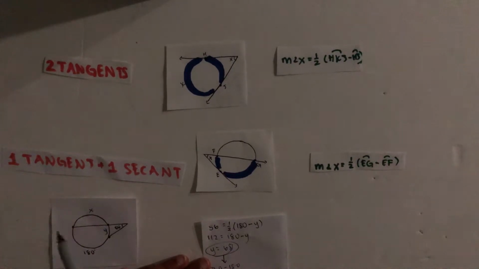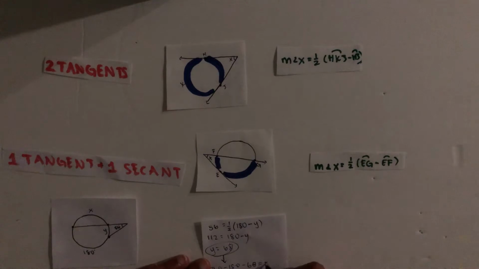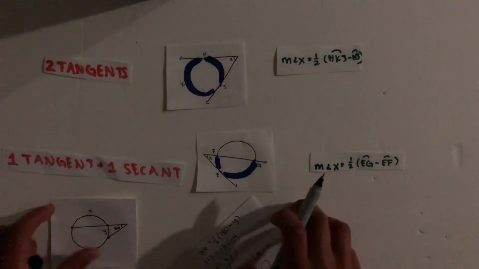and we can add that to x. We can subtract that from 68 as well, because 68 would be what we have as the measure of arc y. And this would give us the value of x. Okay? So now, if we do the calculation here, x is equal to 112 degrees. Like that. And now for our last problem,